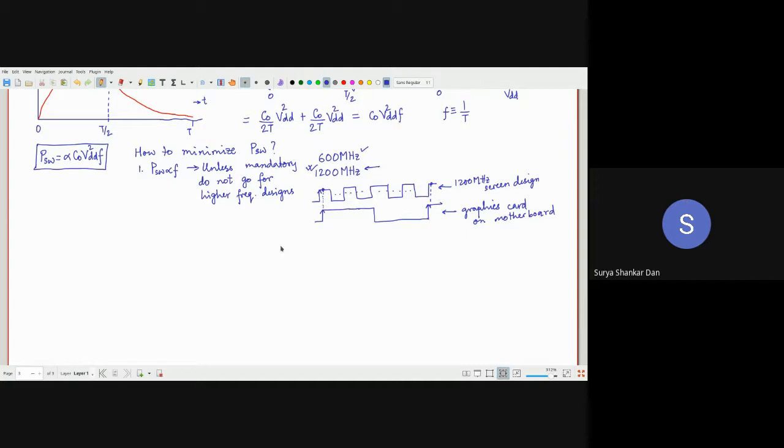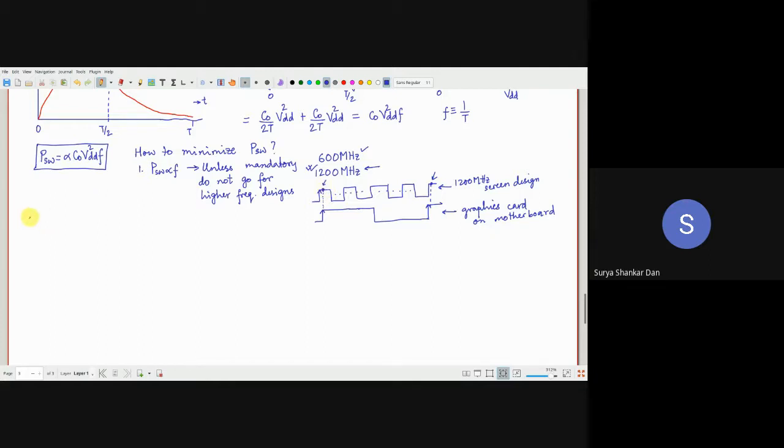It sounds very nice that okay, I designed a much higher refresh rate, but there is no benefit, because the end result, the finally the user who is going to use the laptop or the computer monitor screen, the LCD screen, they are simply going to find out the data over here and data over here. What transitions happen in between makes no difference. In fact, later on we will see, when we will be doing the real circuit designs, that the outputs at these points only will be latched for the graphics card. Anything that is happening inside doesn't matter. It's total waste of your power. All right, very good. That's number one.